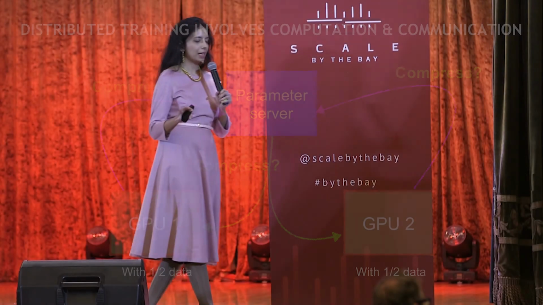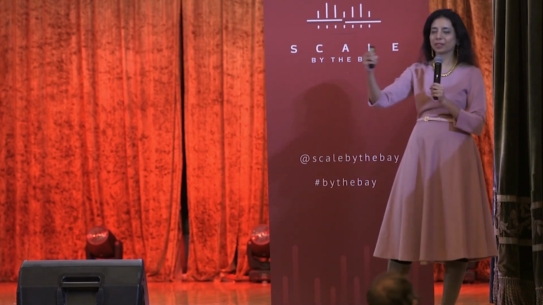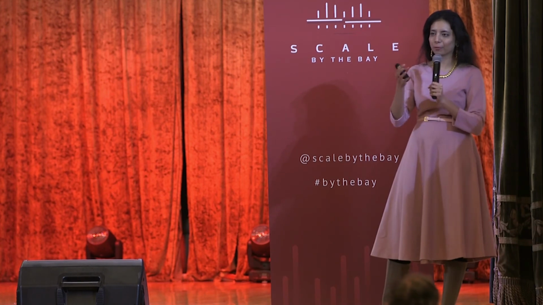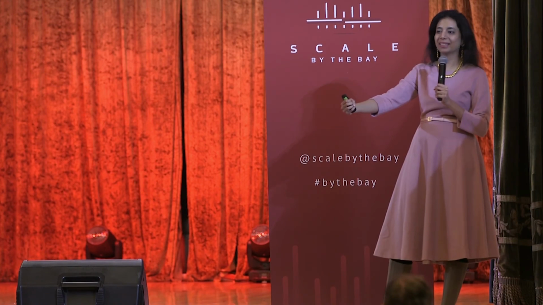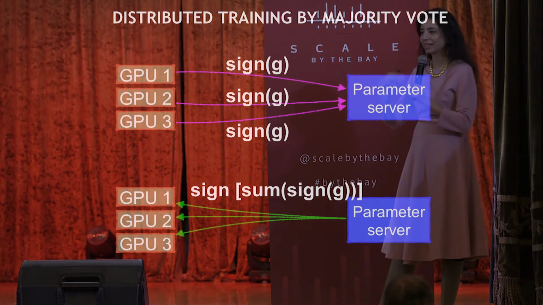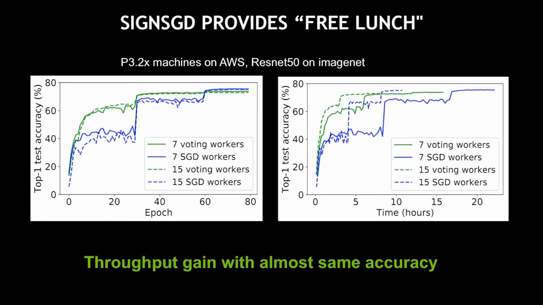And so we asked a simple question. What if the machines just sent the sign of the gradient? I mean, GPU or machines, right? Whatever is a single node of computation. So when they only send the sign, what happens? They don't send the full gradient. So now this is one-bit quantization. And it emerges that the performance is almost the same in terms of accuracy. So the accuracy is nearly the same. You get no drop in accuracy, but of course you get savings in communication, and so better throughput.